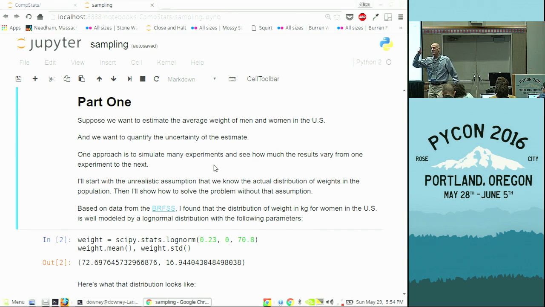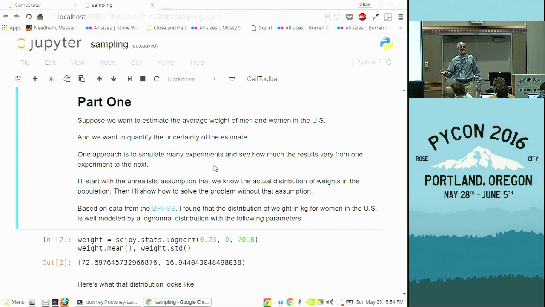And I'm going to do it in 2 steps, and the first one is a little bit of a cheat, and then I'm going to explain the cheat, and then we're going to undo the cheat. Here's what the cheat is. I'm going to assume that we know the actual population distribution. Now, that's never true. If we actually knew it, we wouldn't have to do the experiment at all right from the beginning. But if we did, then we could estimate a confidence interval and a standard error